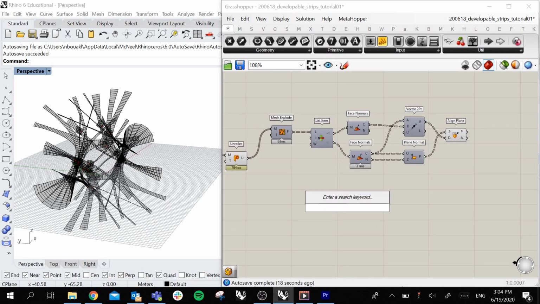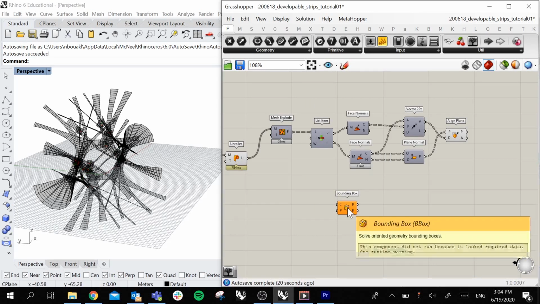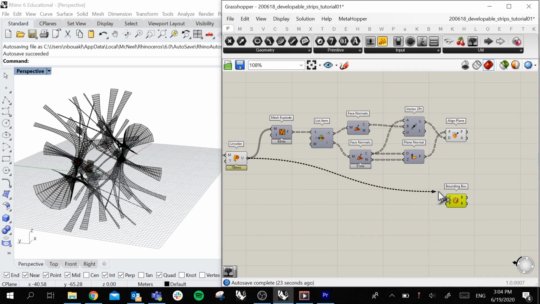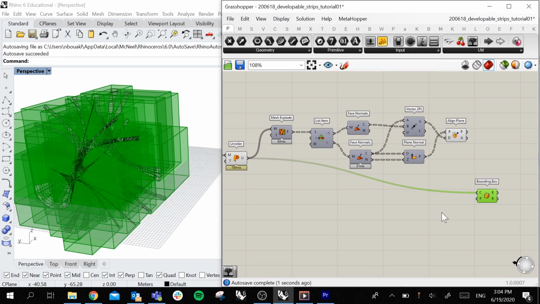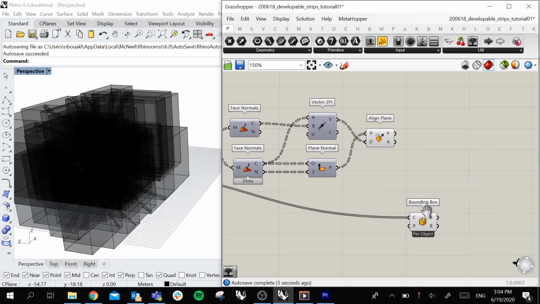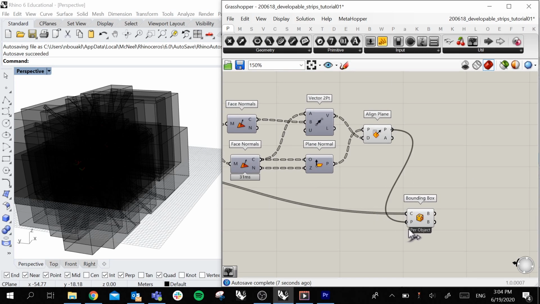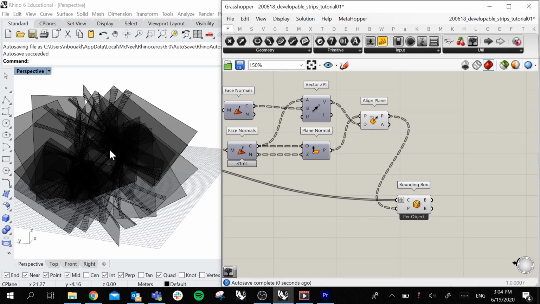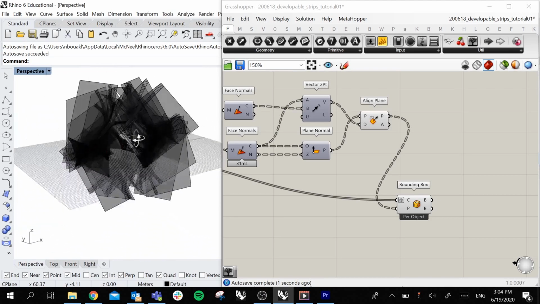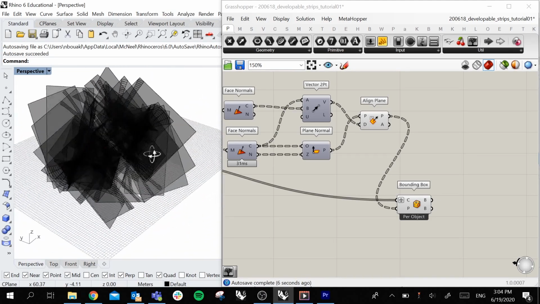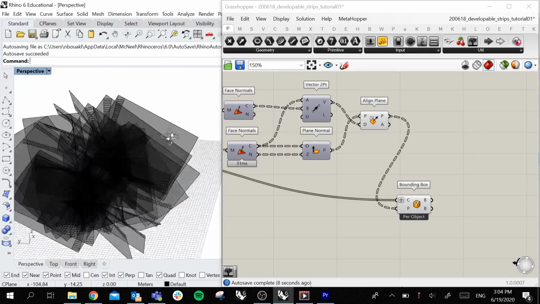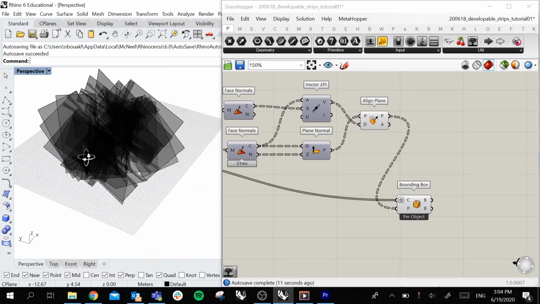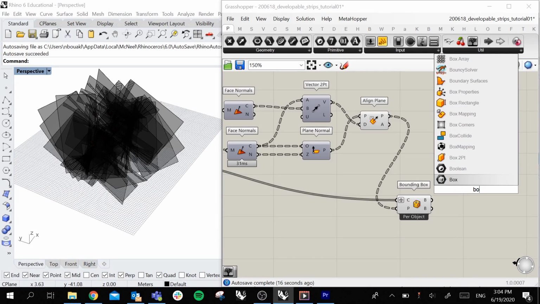Now we'll find the bounding box of every strip in that plane. So here, if we just plug it, it will find the bounding box in plane XY. What we want to do is find it in this plane. Okay, make sure you've grafted them so that here you can see every plane is lying on the surface. This allows us to find the width every strip is taking in that plane. So by deconstructing the box, so box corners,